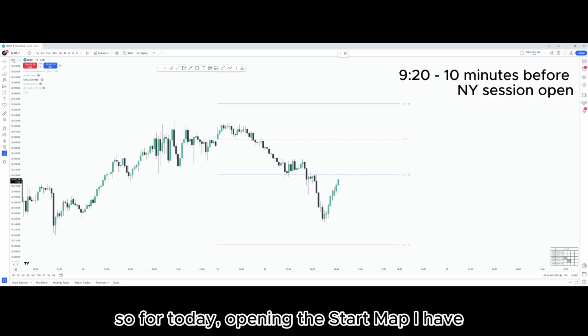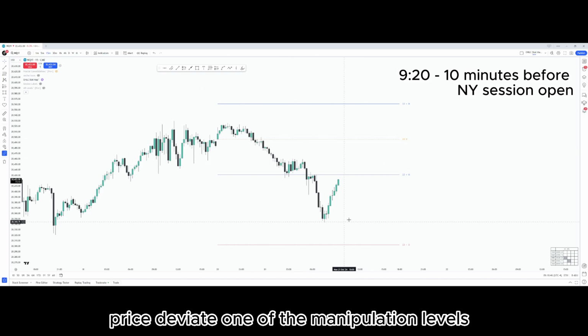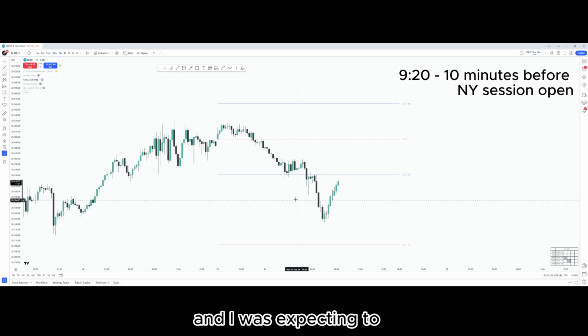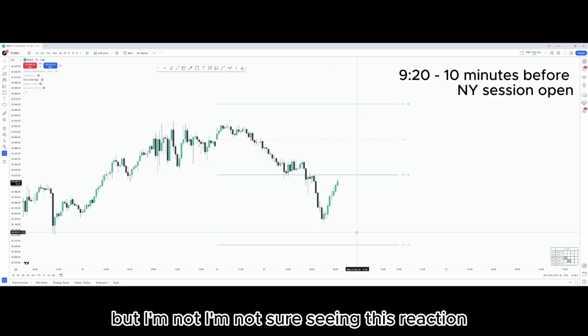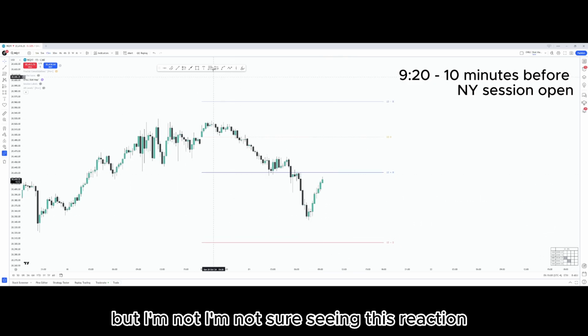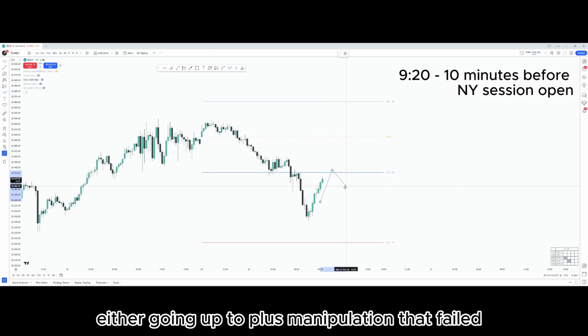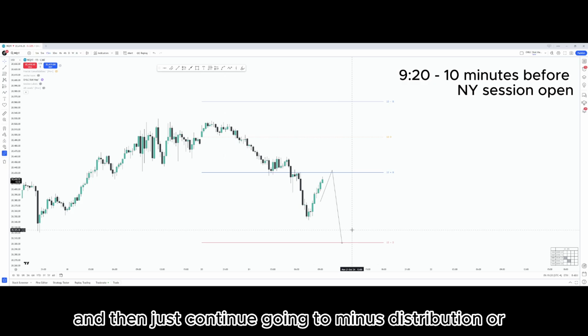opening the StatMap, I have this daily manipulation projection. Price deviated one of the manipulation levels, the positive one, the plus manipulation, and I was expecting price to go to the distribution level, but I'm not sure. Seeing this reaction, we might be doing two things: either going up to the plus manipulation that failed early on and then just continue going to minus distribution, or